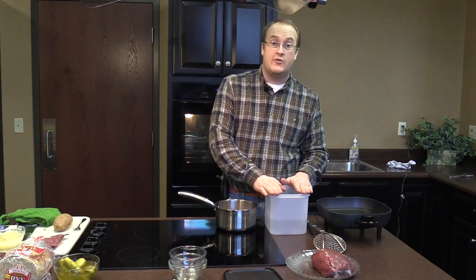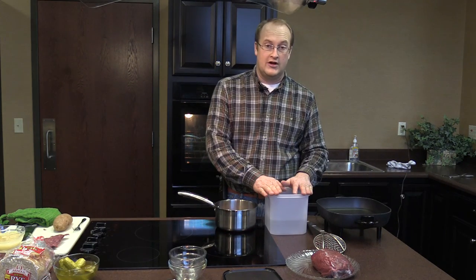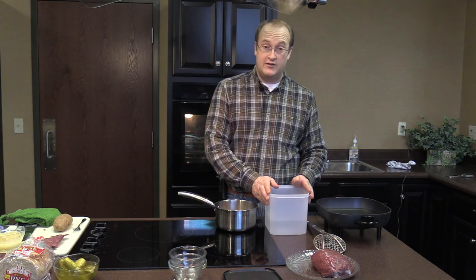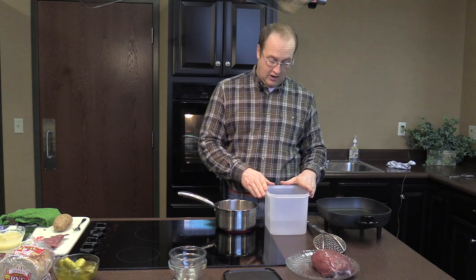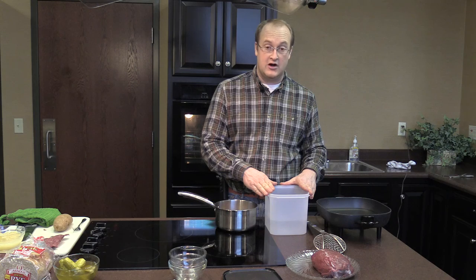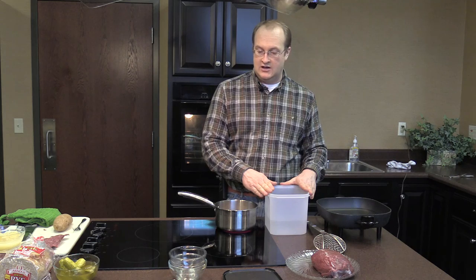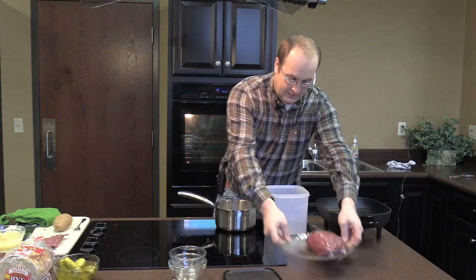I use a Tupperware container. You can use a clay crock or any kind of crock, anything like that. You do want to cover it. You want to make sure it stays fully submerged into whatever crock or container that you're going to put your venison roast in to cure. You want to make sure you can put a lid on it, and you want to make sure you have that access, because once you put the venison roast in, and that's what I'm going to do now,